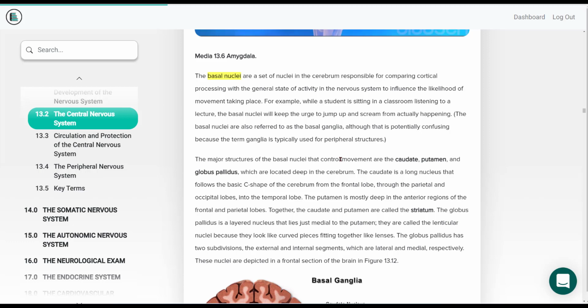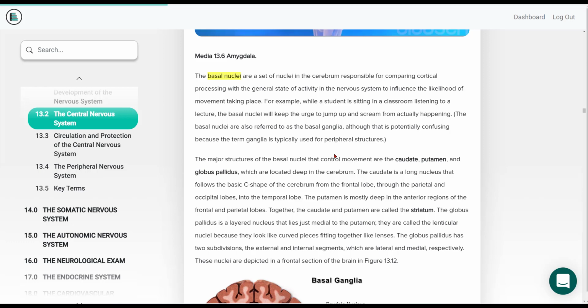When you decide to move your muscles, let's say you move your biceps brachii, as you flex your biceps brachii, that information is coming from the motor strip. It's coming from the frontal lobe, that strip called the precentral gyrus. That is initiating the movement. These areas of the basal nuclei are helping to control the movement, making it smoother, making it more fluid, controlling